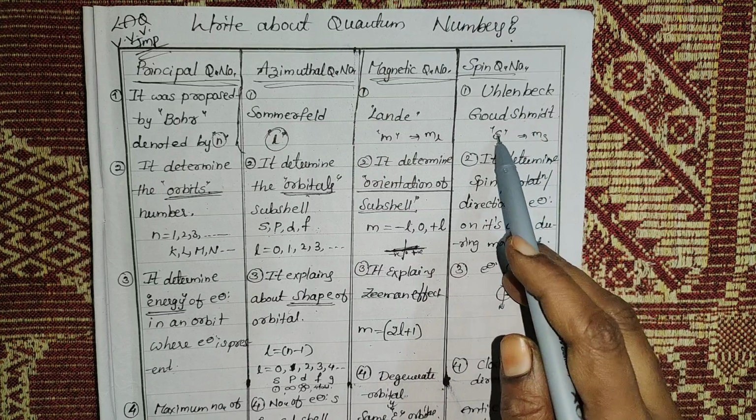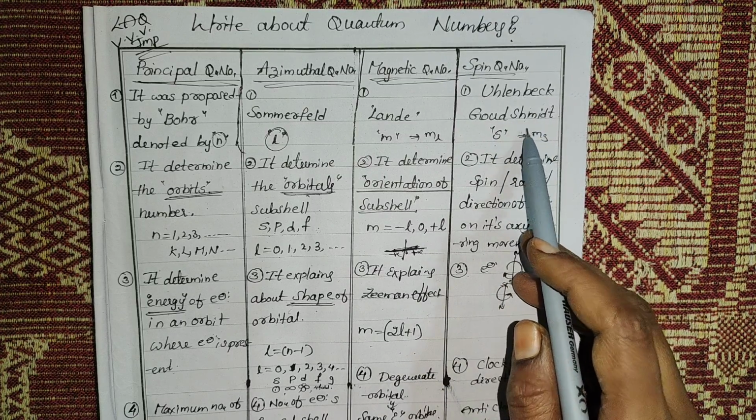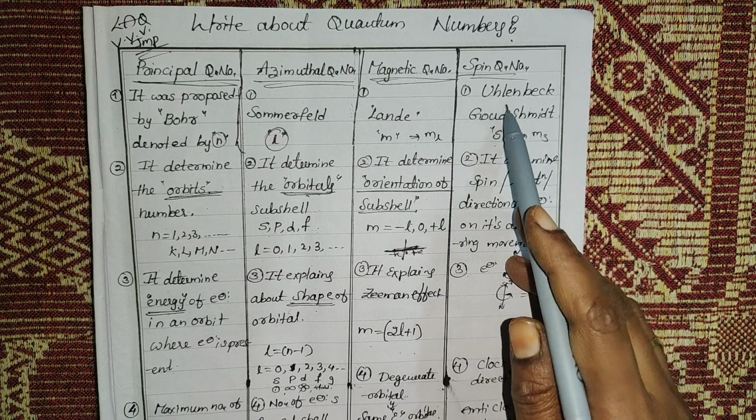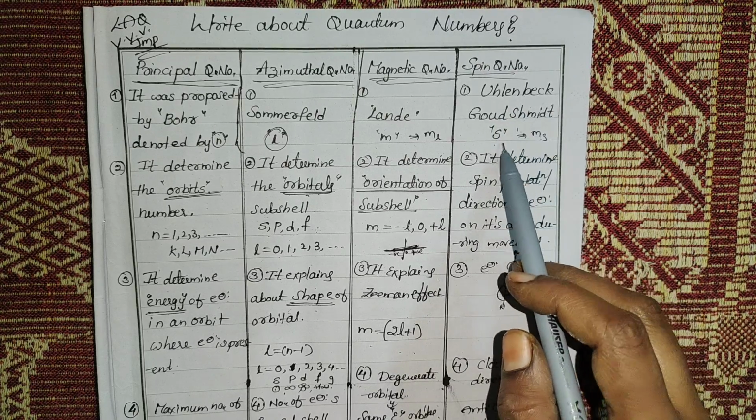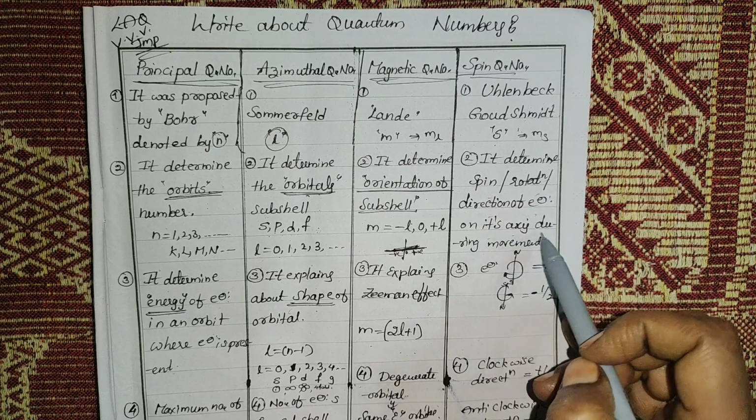Next, the spin quantum number. Who proposed it, beta? Uhlenbeck and Goudsmit. In some books it is different, but Uhlenbeck and Goudsmit is the only correct one. It determines the spin and direction of rotation of the electron on its axis during